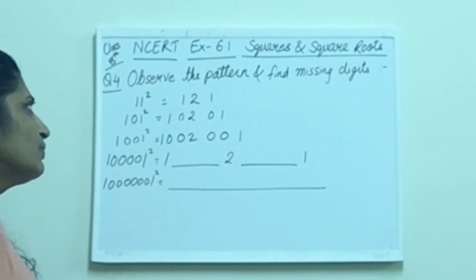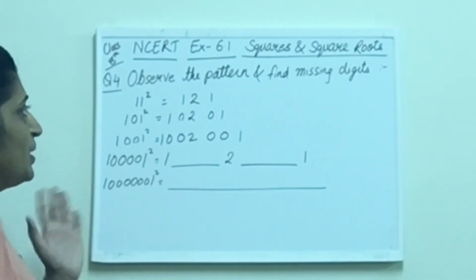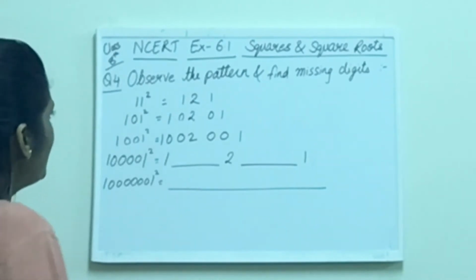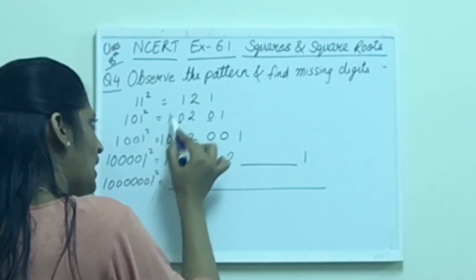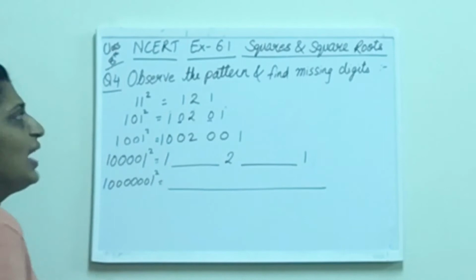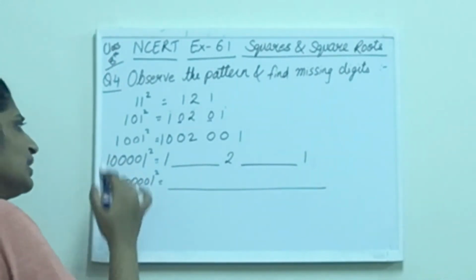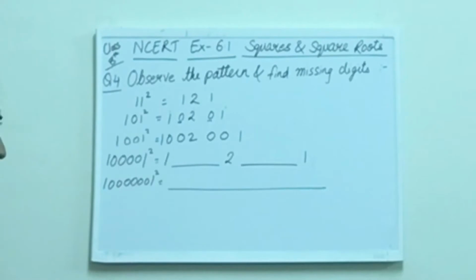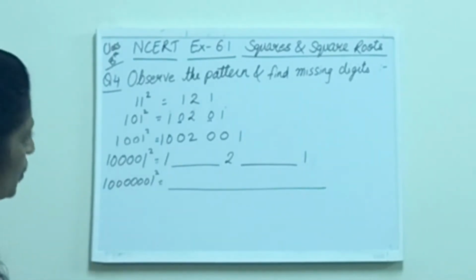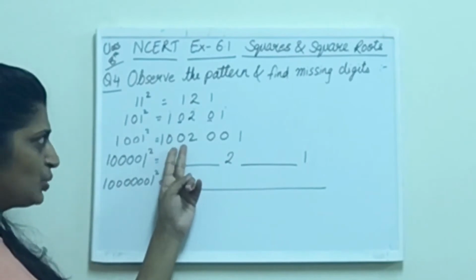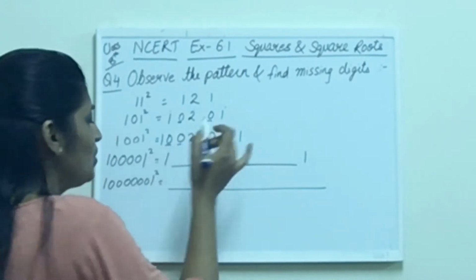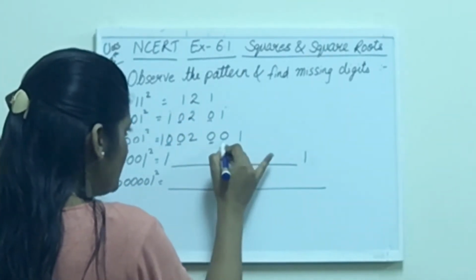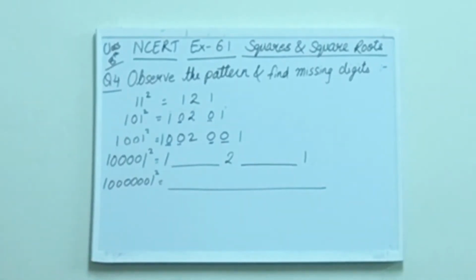We can say again the number of 1s is 2, but a 0 is also included here, which is 1, and hence its square is represented as 10,201. In the third number, 1001 square, we can see there are 2 zeros and 2 ones. So 1, then 2 zeros, then 2, then 2 zeros and then 1. I am using a different marker to highlight the difference so that it's easy for you to look at the pattern and write the next missing number.